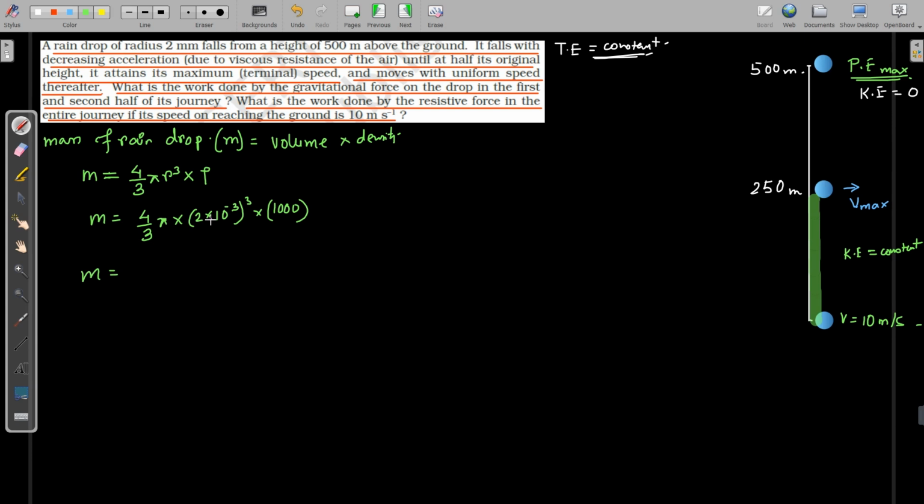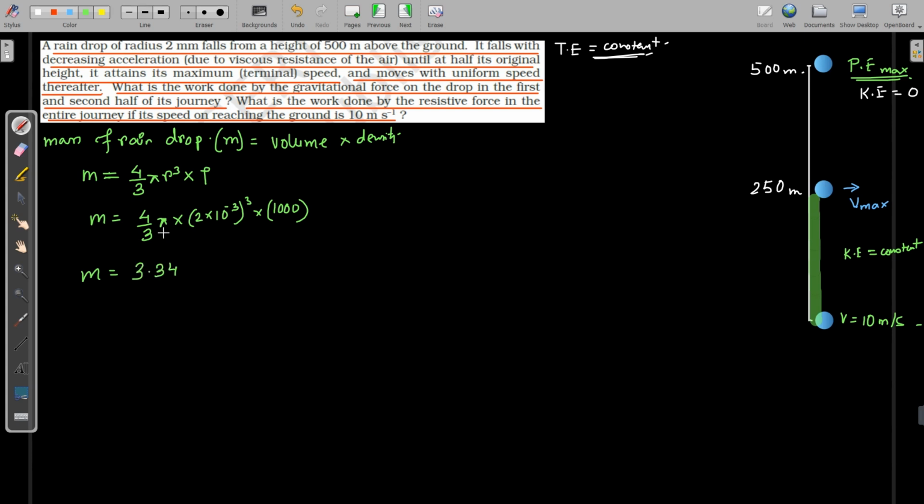So if I calculate this value, 4/3 pi r cube, the mass of the raindrop we are getting